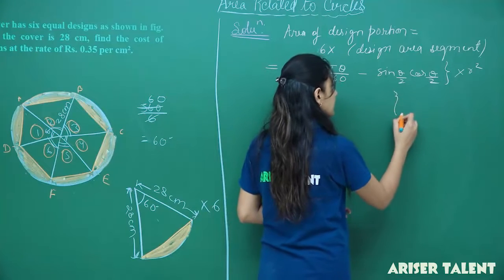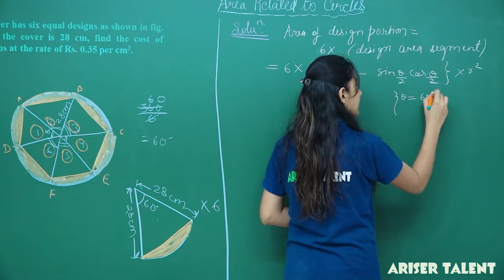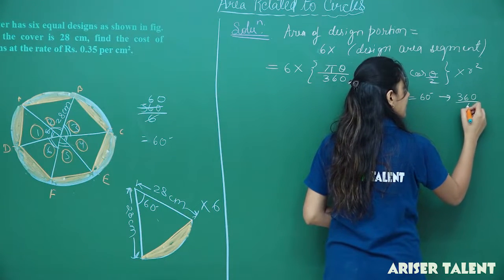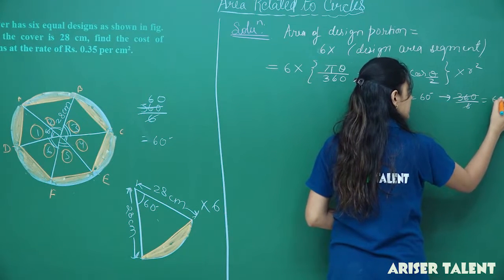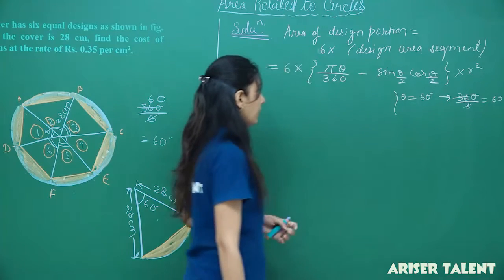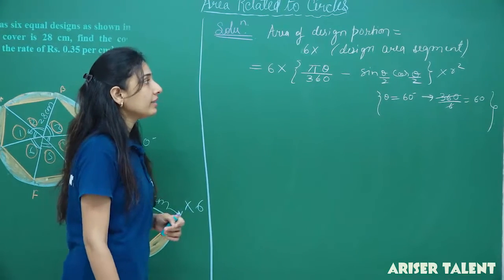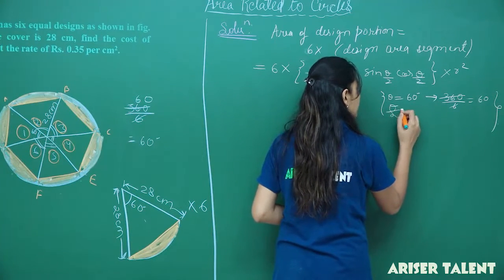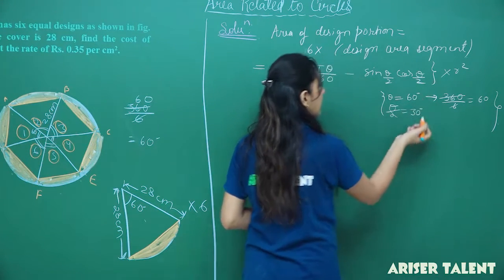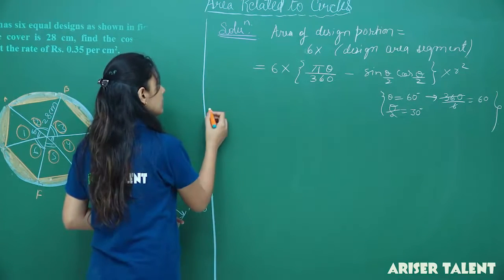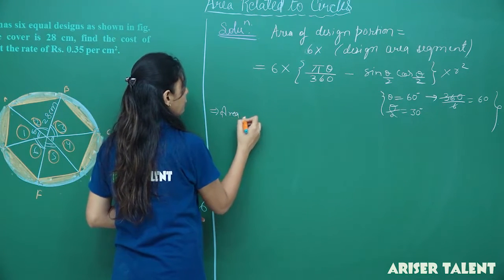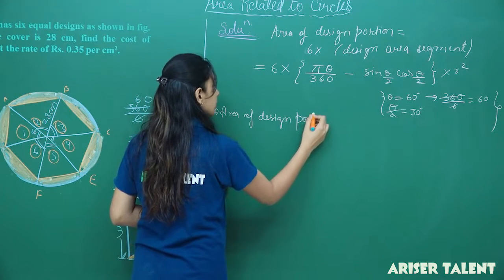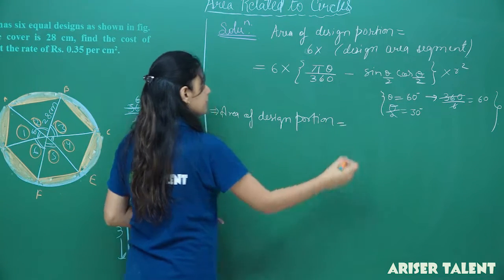Here theta equals 60 degree. Why? Because 360 divided by 6, the equal portion, equals 60. Okay. Now, pi is 22 by 7 and theta by 2 will be nothing but 30 degree. Easily can calculate it. So, this implies area of design portion, what, students? That will be what? Area of design portion will be,